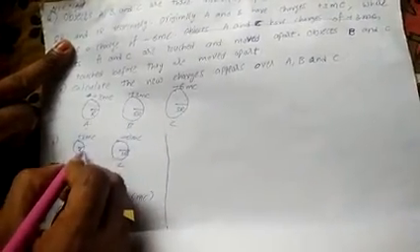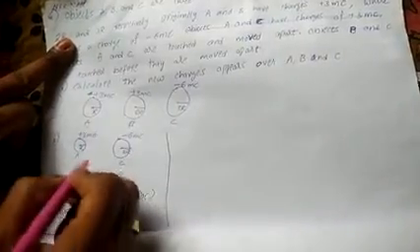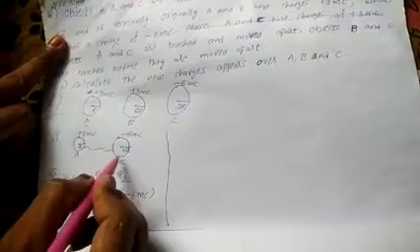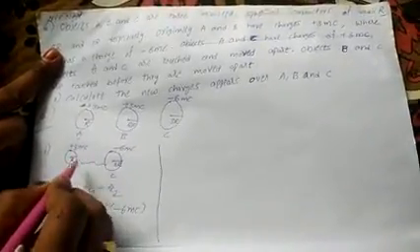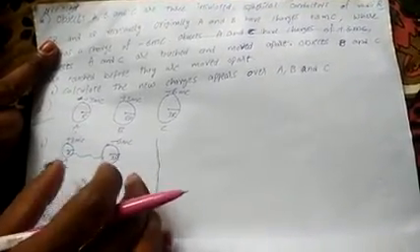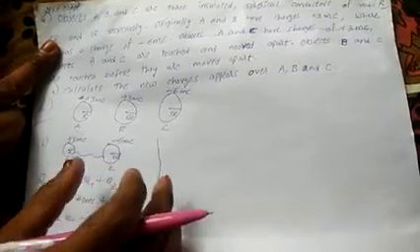Now we are going to join these two bodies. Then what happens if we join these two bodies? After some time, the charge accompanied by body C will transfer to A, and from body A to C. The charge will move from A to C and C to A, like this. After some time, in these two bodies, the charge will remain the same. We all know about that.